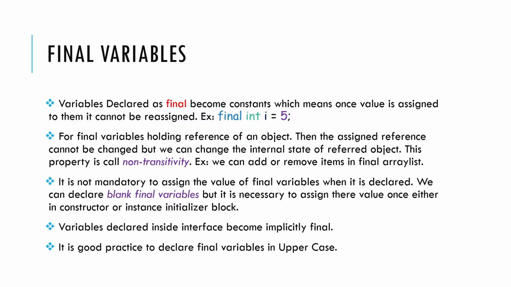Example, we can add or remove items in a final ArrayList. And it is not mandatory to assign the value of final variables when they are declared. We can declare blank final variables, but it is necessary to assign their value once, either in a constructor or an instance initializer block. And variables declared inside interfaces become implicitly final, and it is good practice to declare final variables in